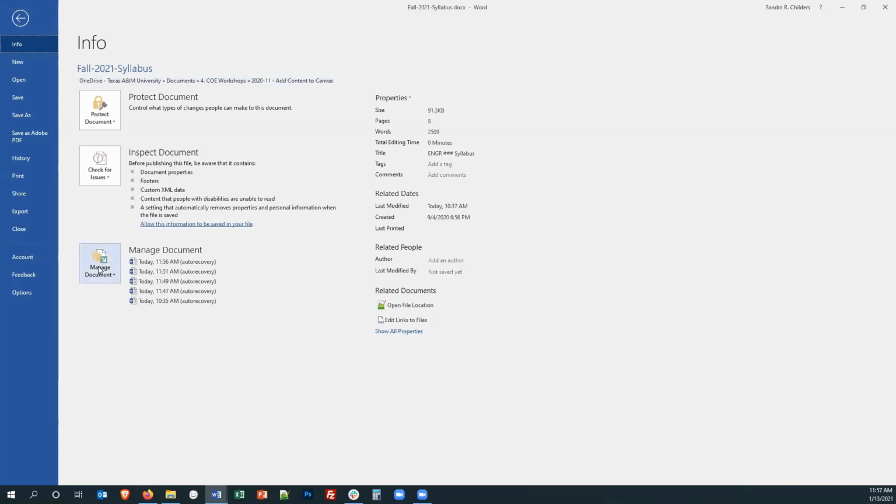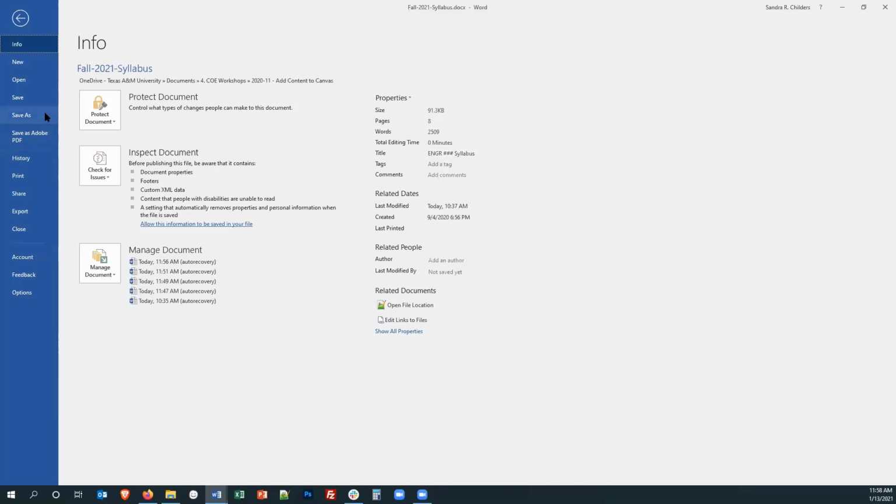So I first want to point out that you do not want to use the print feature. It will not create an accessible document. And because I've got Acrobat installed on my machine, this Save as Adobe PDF plugin shows up. Unfortunately, it does not save over this title, so you actually don't want to use this plugin.